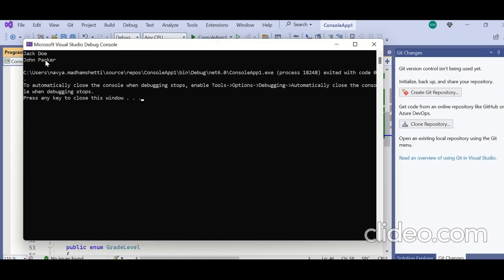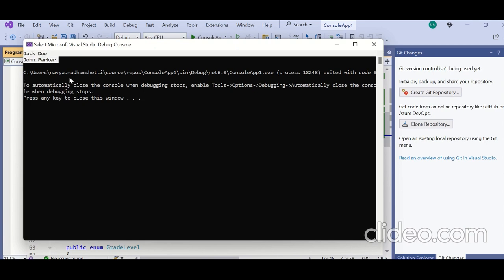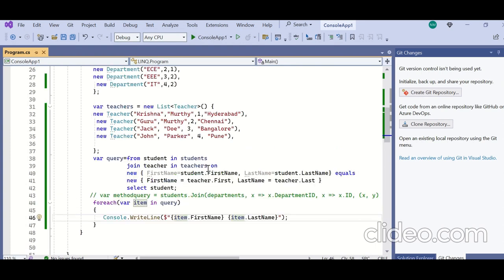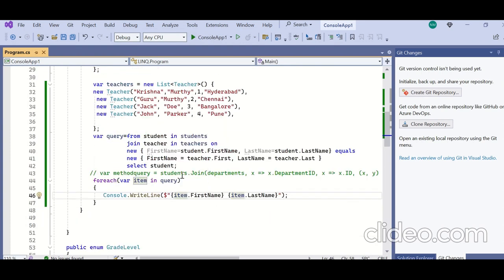See, if you see, only the matched results are returned. So this is what I was telling, that simple inner join. So only the matched records from the two tables will be returned. So this is about join, and this is also simple inner join only, but here we performed on two keys,